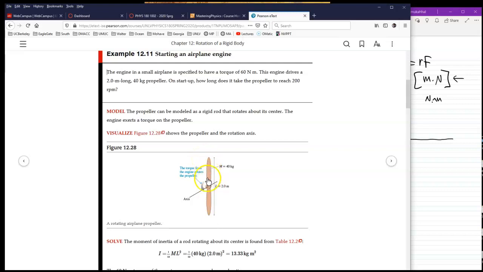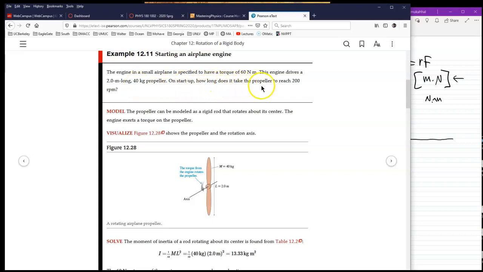So this approximates a rod rotating about its center. Remember, you go back to the table and you see the moment of inertia of a rod rotating about the center. If I remember correctly, it's 1/12 m L squared, L being the length of it. And the mass of it is 40 kilogram. On startup, which means initially,